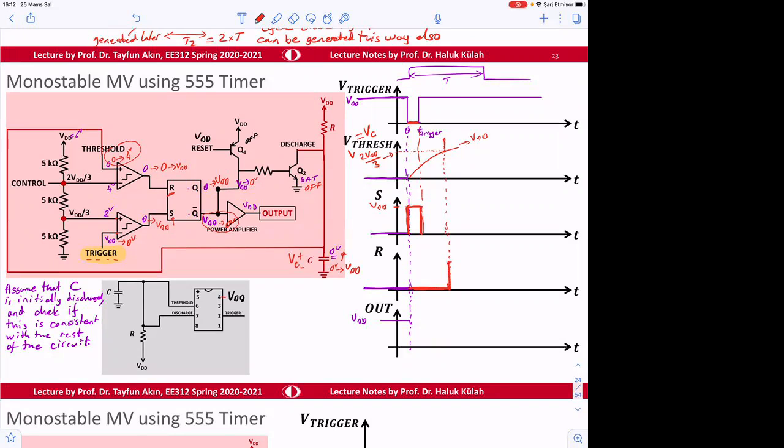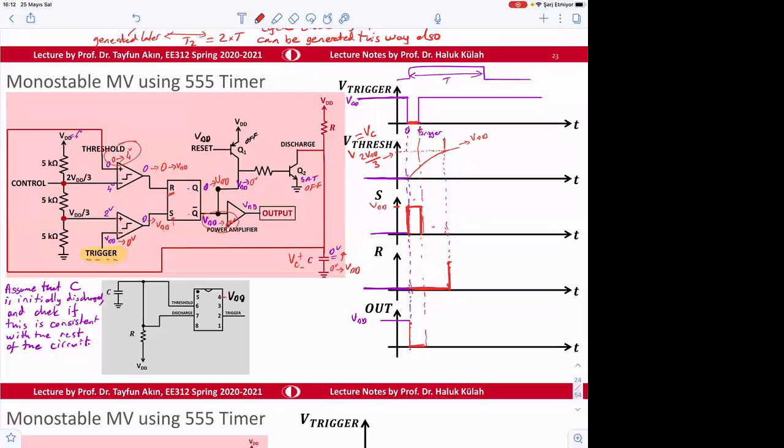What about the output? Output initially is going to be affected from this when the trigger comes, and then output will not change, even though S goes to high and then go to low. Output will be storing its value. So output,